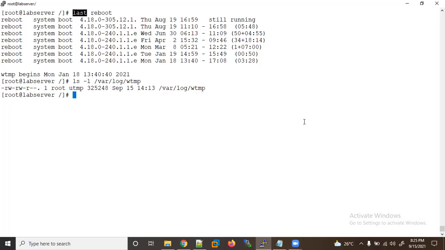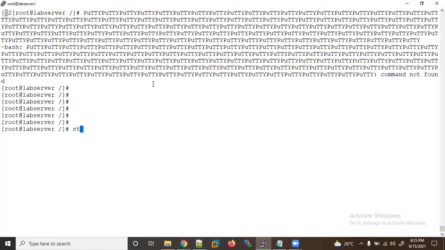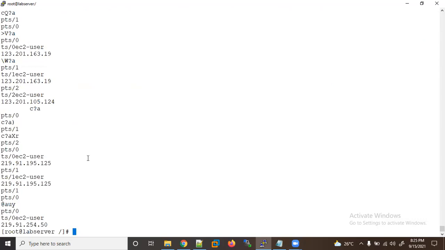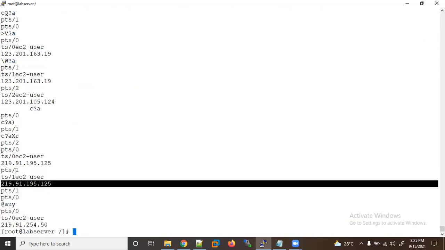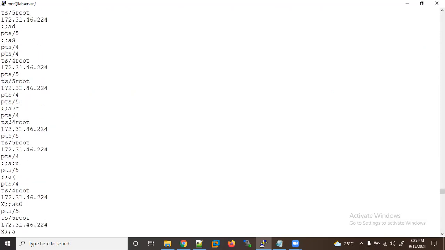Here, if you want, I can't use cat. If I did, it will make a zigzag here. So let me try. It's not readable. If you want to read it, use the strings command, and now try to read it. Now you can see your same data is there. It's not in a readable format, but you can see it with strings.